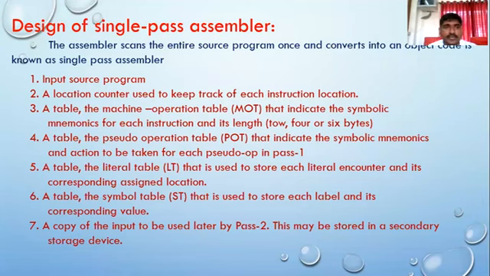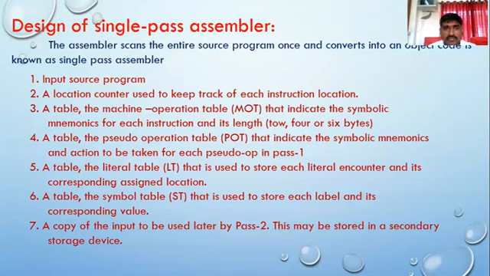Okay. Now in the case of the single pass assembler, we discussed the two types of passes which are required to perform the translation process of an assembly program. Here, in the case of the single pass or two pass assembler, we consider there are two main phases. One is the analysis of the source program, and the second one is the synthesis of the target program. When we consider the analysis phase, the translator creates different data structures which are required to perform the translation into the target program.